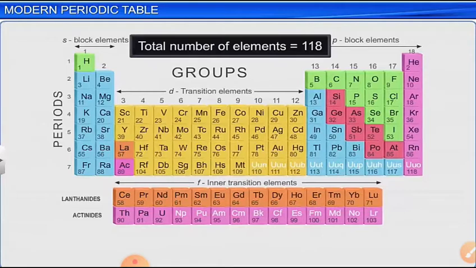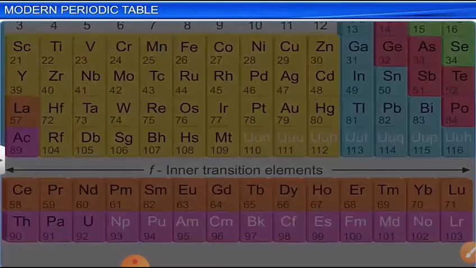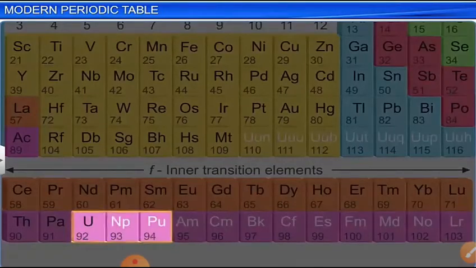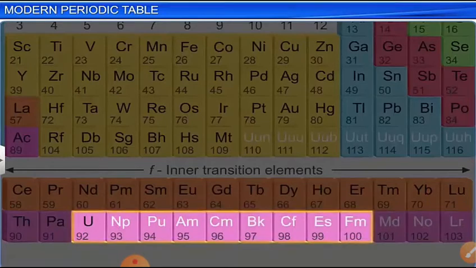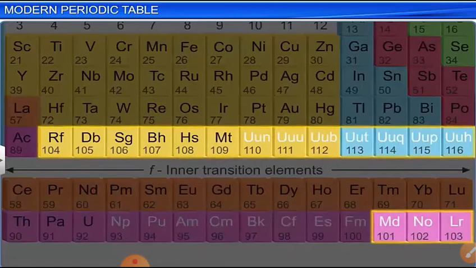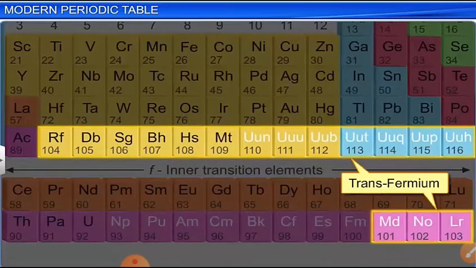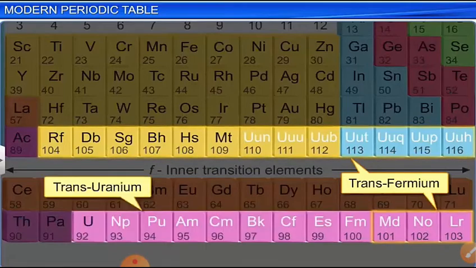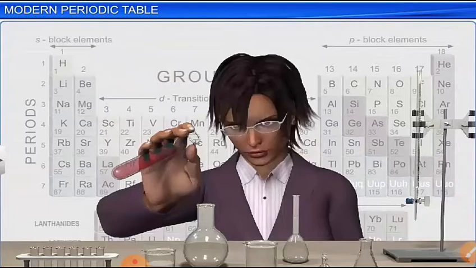Now, the total number of elements arranged in the modern periodic table is 118. Now, we shall see a few properties of other elements. After uranium, the rest of the elements are called transuranic elements because they were discovered after uranium, and they are highly radioactive. Now, certain other elements after 100 are transfermium, and these are named either after a state or country or after a scientist's name. So plutonium and neptunium are transuranic, and after fermium it's transfermium.